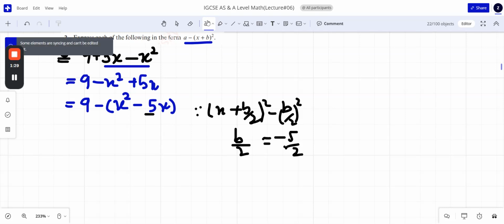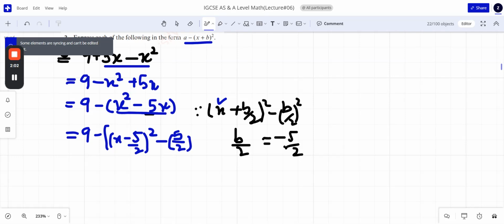So now we will substitute the values in the formula. Outside the bracket the values will remain the same; we will apply the completing square method only in the parentheses. The variable is x, so we keep this x the same. Then plus b by 2, which we got as minus 5 by 2, whole square. After that minus b by 2, so it would be minus 5 by 2 whole square.